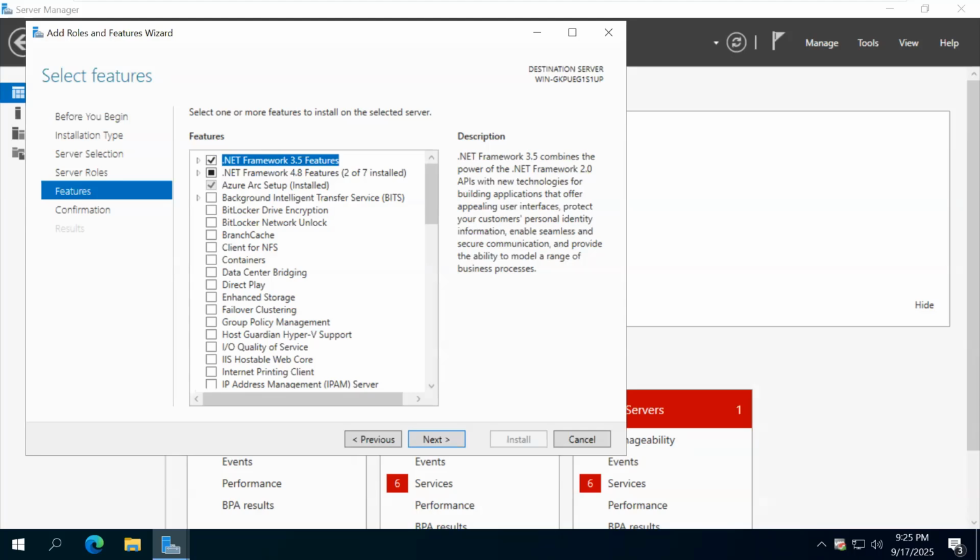Suppose you did not install .NET Framework and you start installation of MS SQL Server database, what will happen? It will not install. It will give you an error. It will tell you that in this operating system you did not install .NET Framework, that's why it is not installing. So before installing MS SQL Server database, you want to install .NET Framework 3.5 features